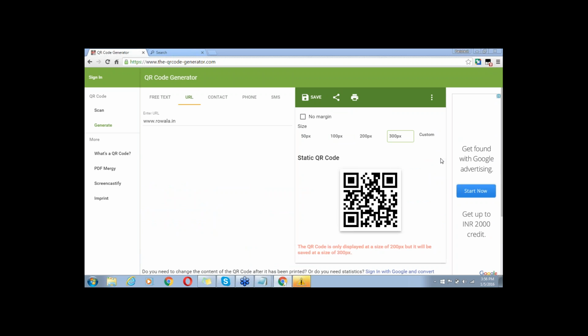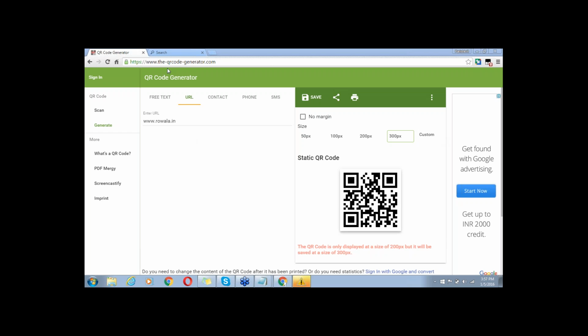Do you guys have a smartphone with you right now? Hello guys, are you here? Yes. So just generate the QR code. You understand how to generate the QR code? QR code कैसे generate करना है सबको समझ में आया?